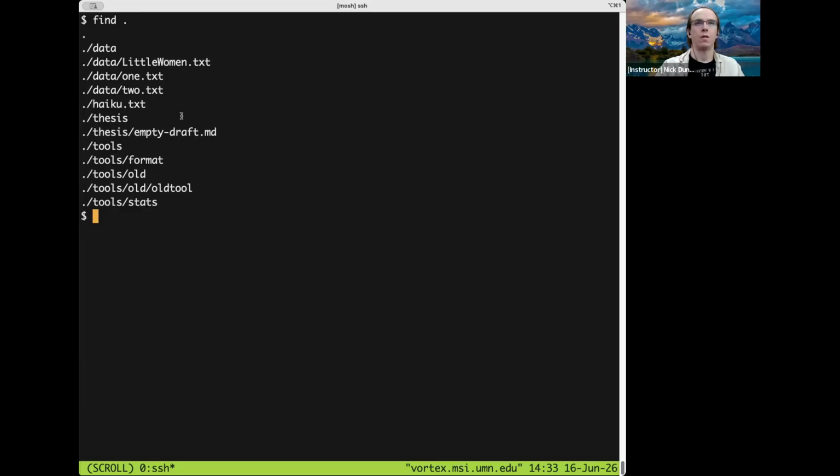Now, this in and of itself is already maybe useful as a sort of recursive ls that gives relative paths, but we can get a little bit fancier, actually substantially fancier. We'll start with a little fancier. I want to only recursively find directories here. Let's ignore all the files in the output and just show me the directories. So we'll say find dot dash type